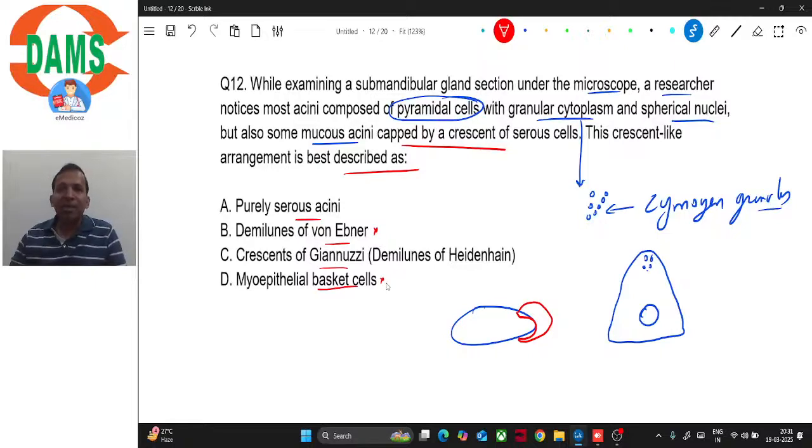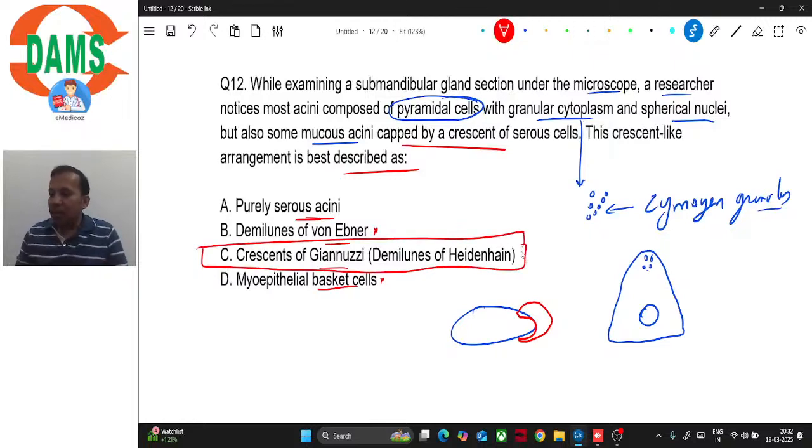No, myoepithelial cells are associated with acini, but that is a single cell, isn't it? Purely serous acini. Yes, these are purely serous acini, but that is not exactly what the question is asking about. The question is asking about the name of this crescent-like arrangement. So their name is crescents of Giannuzzi or demilunes of Heidenhain, right? Yes, you can get confused with demilunes of Von Ebner because we haven't studied any of B or C. But just remember that option C is the alternate name for serous demilunes. We also call them serous demilunes